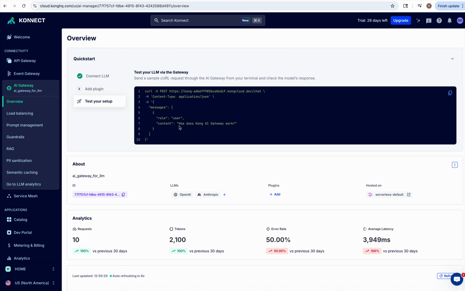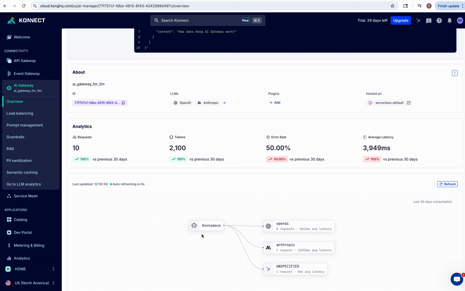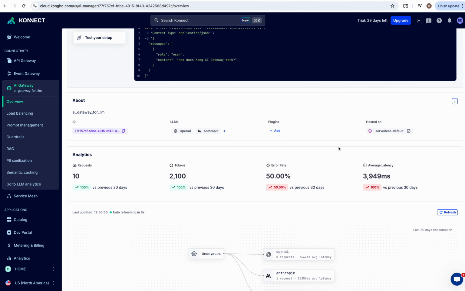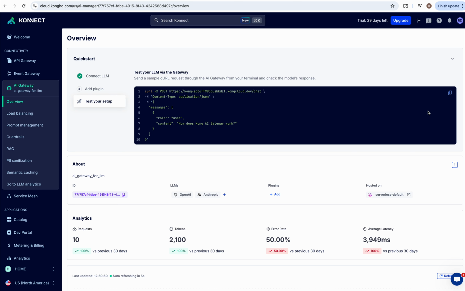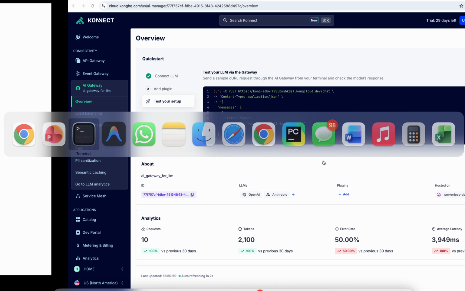So how does Kong AI API work? If I run this, and I ran it several times, it also gives me the analytics. If I click on it, it says 8 requests went to OpenAI, 1 request went to Anthropic. This is how it is collecting the analytics, and it says how many requests so far, how many tokens got created, what was the error rate, how many times it errored out. Now let me copy this, and if I run it now,